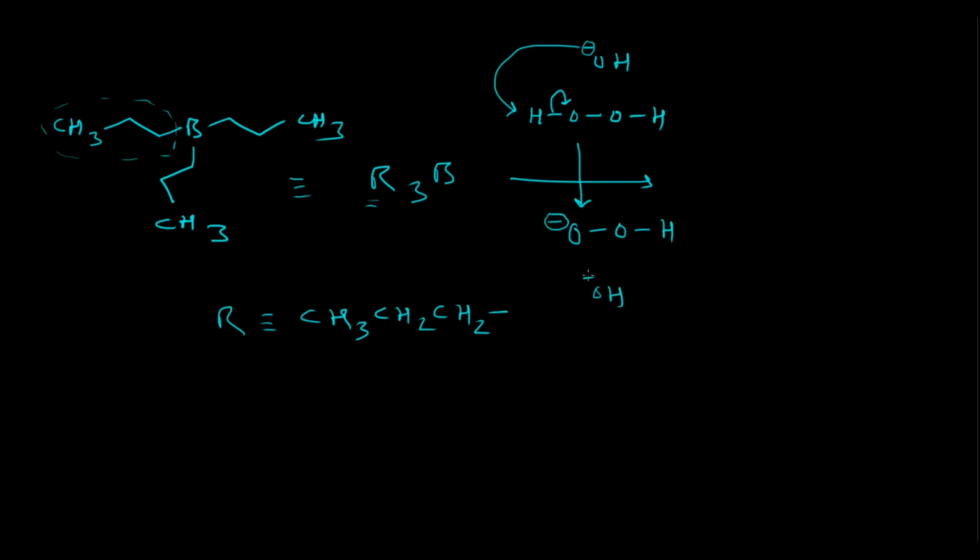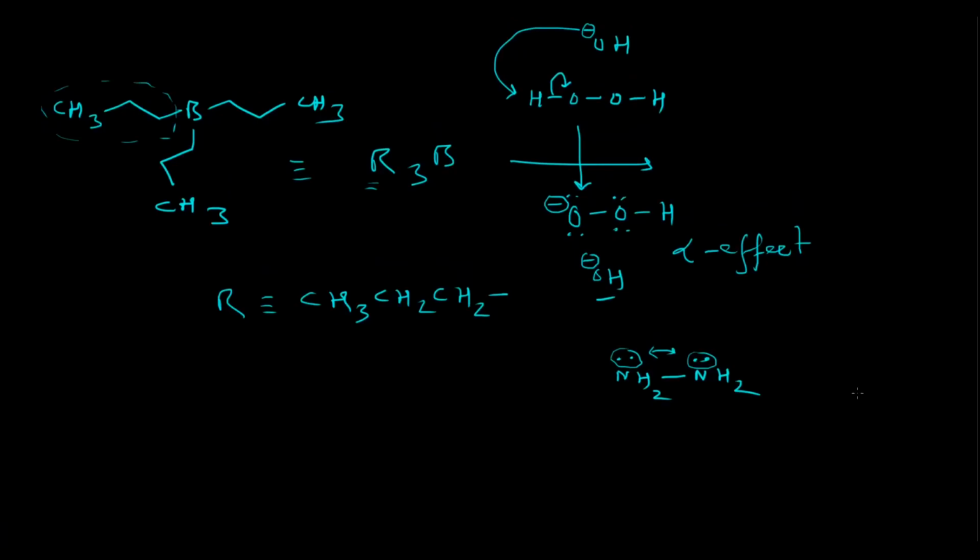If we compare the nucleophilicity between the OH minus and the hydroperoxide anion, we can easily say that due to the alpha effect, the nucleophilicity of the hydroperoxide anion is much higher than that of OH minus. Alpha effect is what? If you have a compound in which 2 heteroatoms contain lone pairs, you can see that these 2 lone pairs will undergo electronic repulsion, and this repulsion will increase the overall energy of this system.